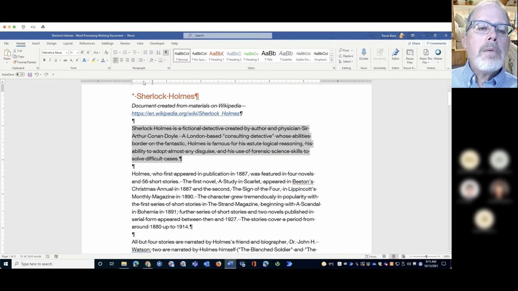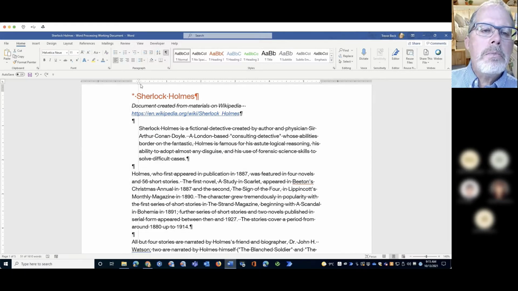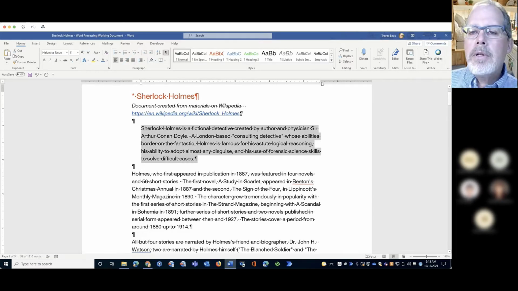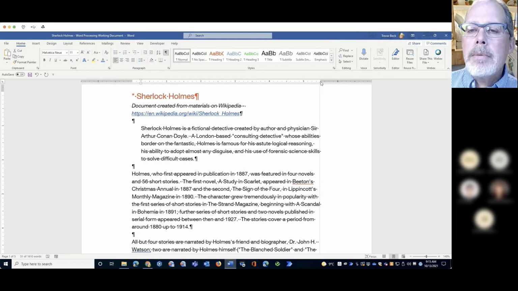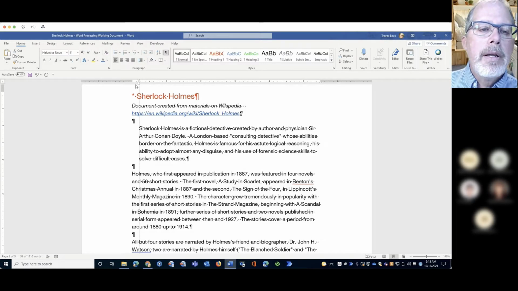So we've got our margins up at the top here. If I grab this little box at the bottom and move it in 2 notches, 2 and a bit, and off to the right here, I can adjust the paragraph margins. These are the left-hand and the right-hand margins, okay? So that's not for all of them. But what's going to be handy is, I'm just going to return this back to where it was,